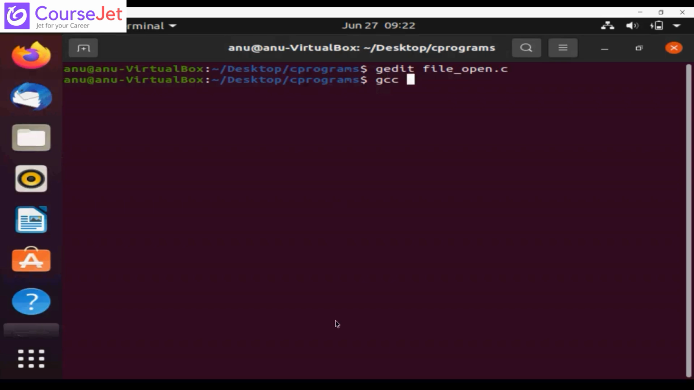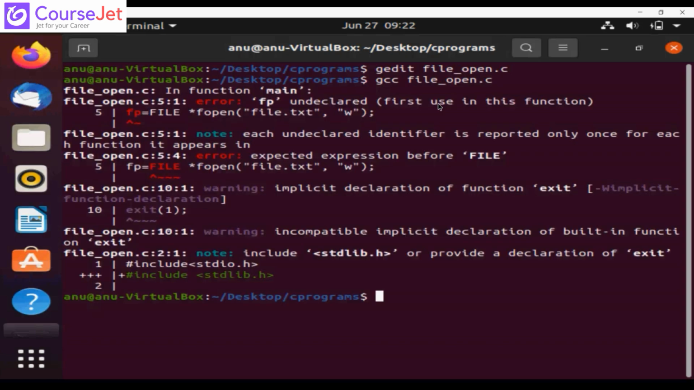GCC. Am I sharing the screen? It may throw an error. Why? Because